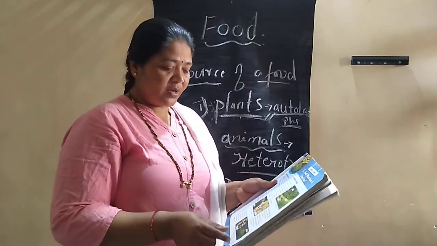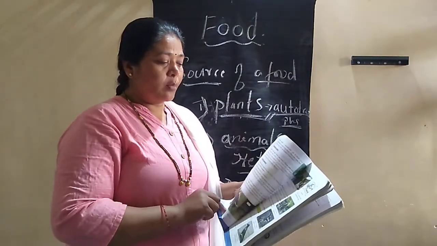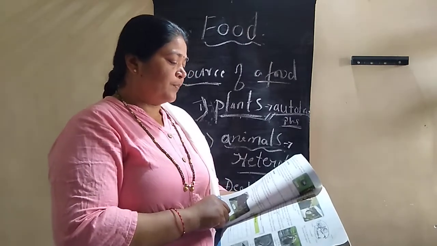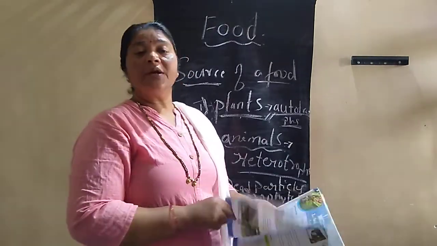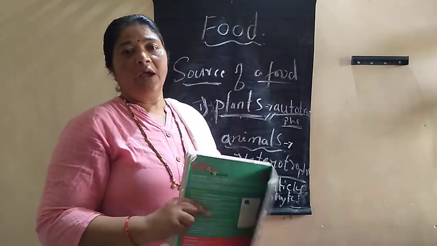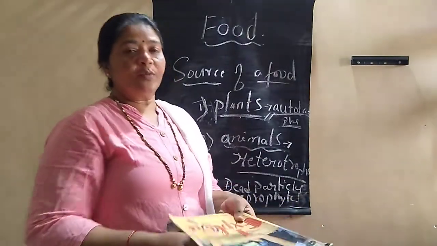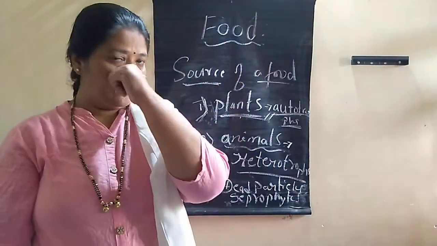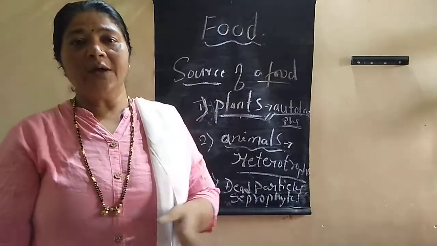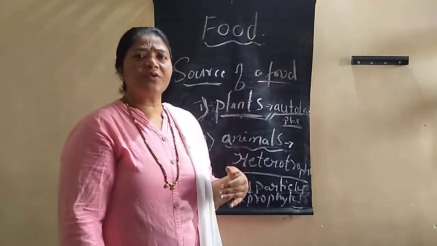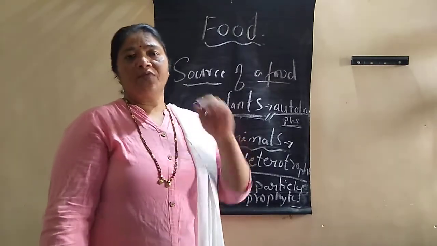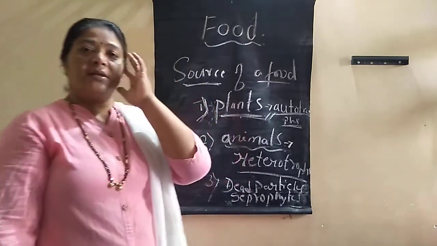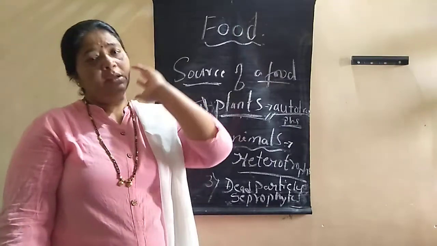In the next class we will discuss more about saprophytes and different types of consumers. If you have not taken the textbooks, meet in the school premises and take your books. We have a one week bridge course, where you can get some information about the previous and this year, and then go through the textbook.